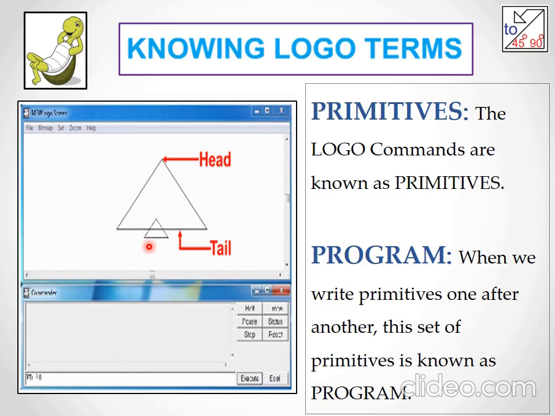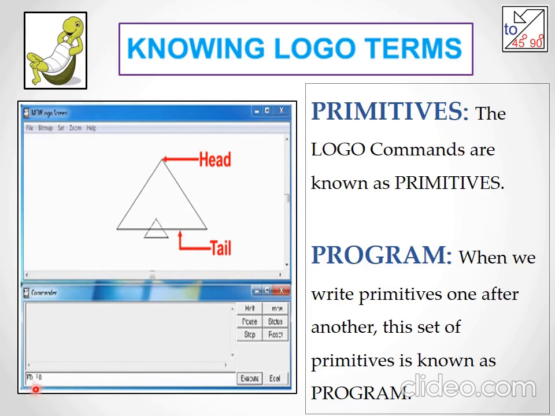Where do you have your head? At the top. Where do you have a tail? Bottom. So this top part, what is it called? Head. And this one, the down base part, what is it? It is the tail. So the top one is the head of the turtle and this is the tail of the turtle.